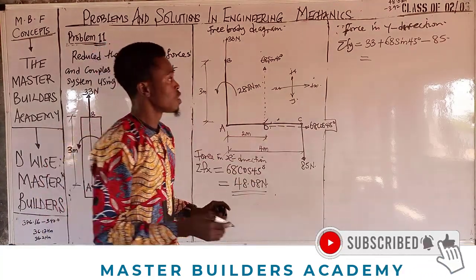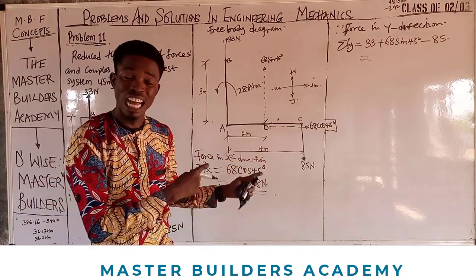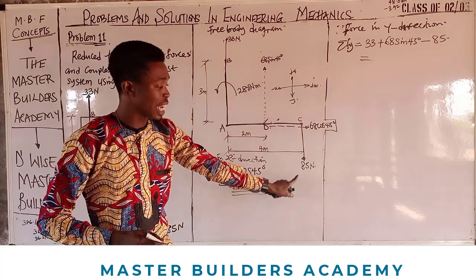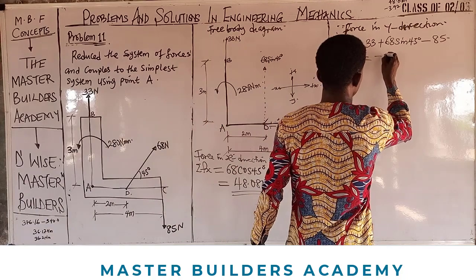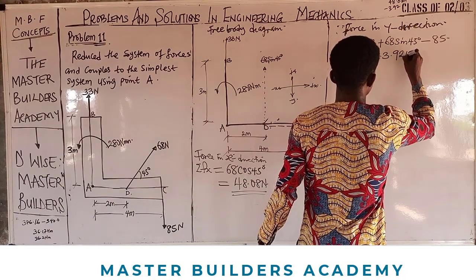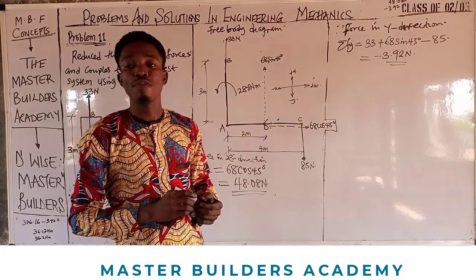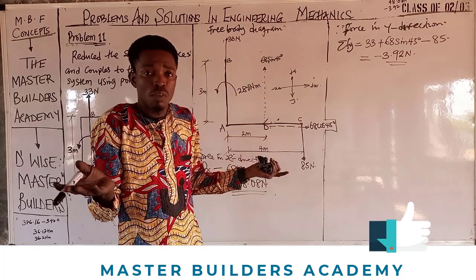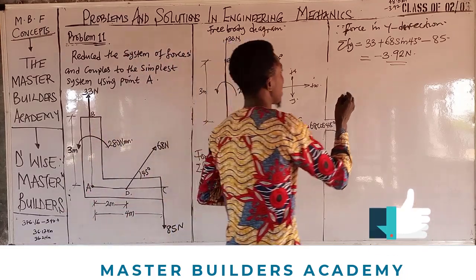This is the difference. So why do we take the ones upward as positive and the ones coming downward as negative? We only have 1 force acting downward, and that's the negative we have, negative 85. So when we simplify this, our final answer will be 3.92 Newton. This is what your answer will be if you input these values into your calculator. We have gotten that for Y. You see how simple this question is? Very simple. Then for X,